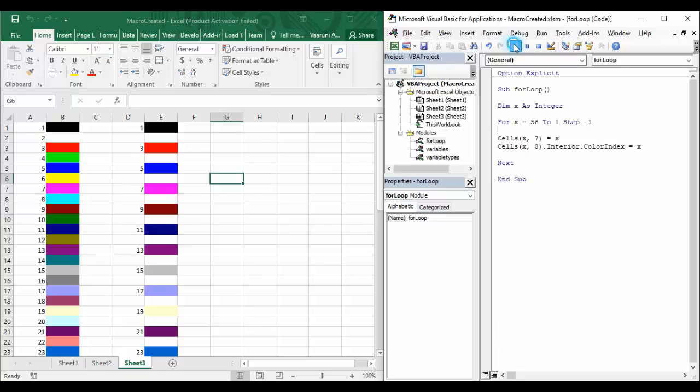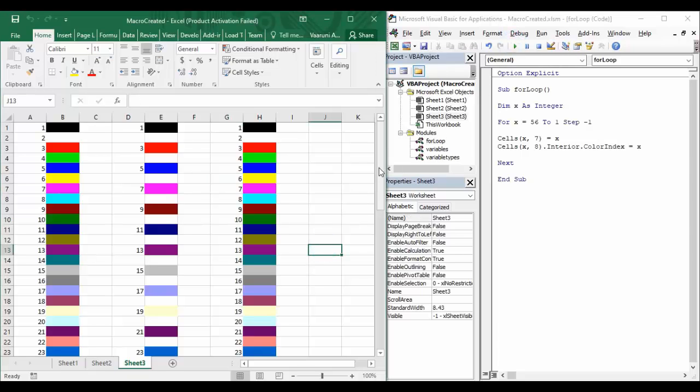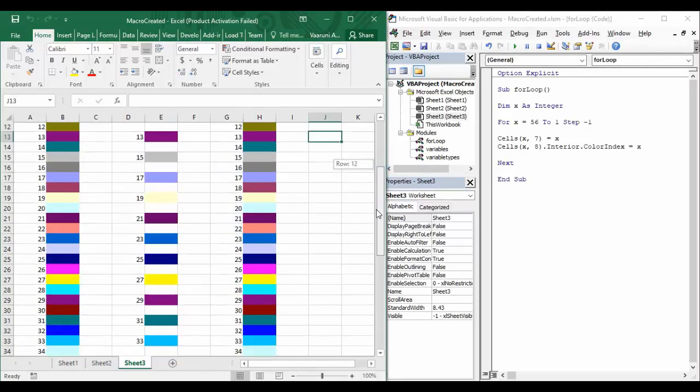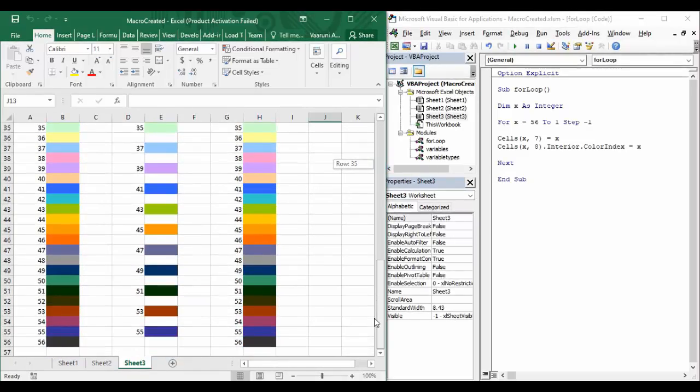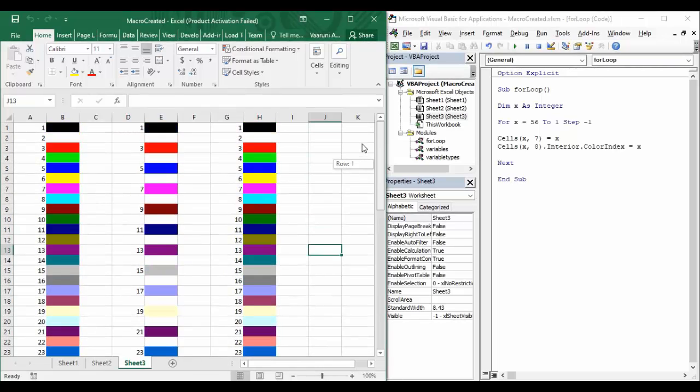And let's see it. If we just run it, then you can see over here. So that's how it works.